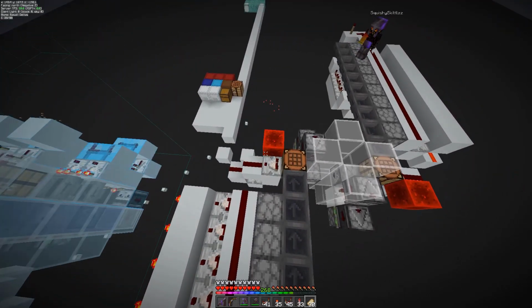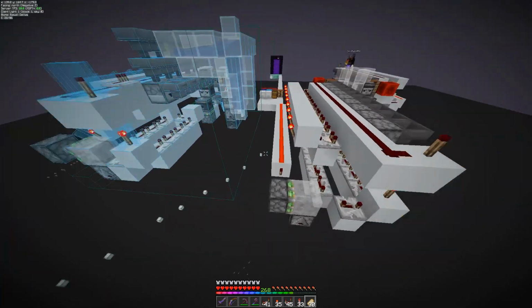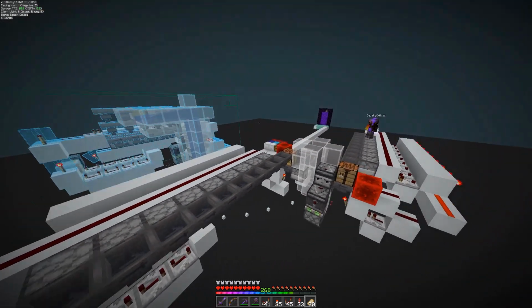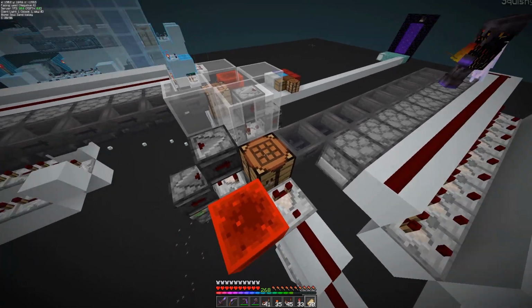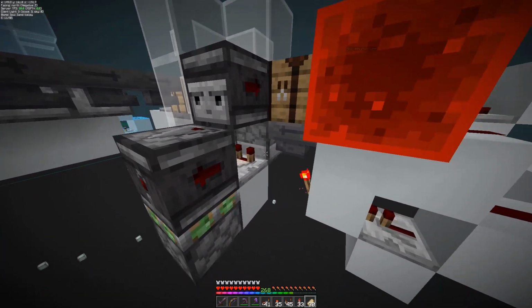I just added a fail-safe. He may have had this, I don't remember, but then I have my clock down here. I don't remember exactly how he had his. And yeah, this is the AutoCrafter. So once this crafting table gets filled, it will unpower and then shoot into the dropper here, which will shoot